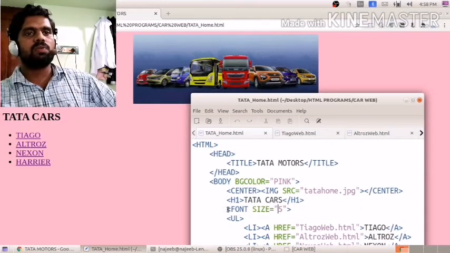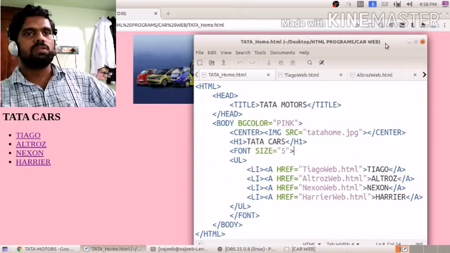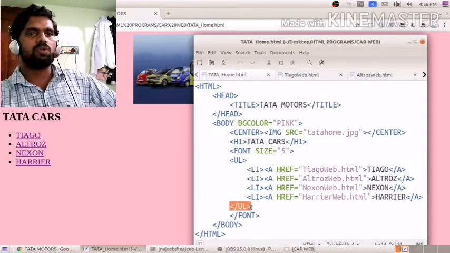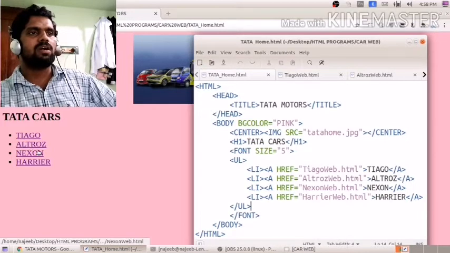Then we set the font size equal to 5, that is the font size of this list item. If you want to change that, we can also change. Then ul, unordered list opening, unordered list close. What is the unordered list? These are the list: Tiago, Altros, Nexon, Harrier.